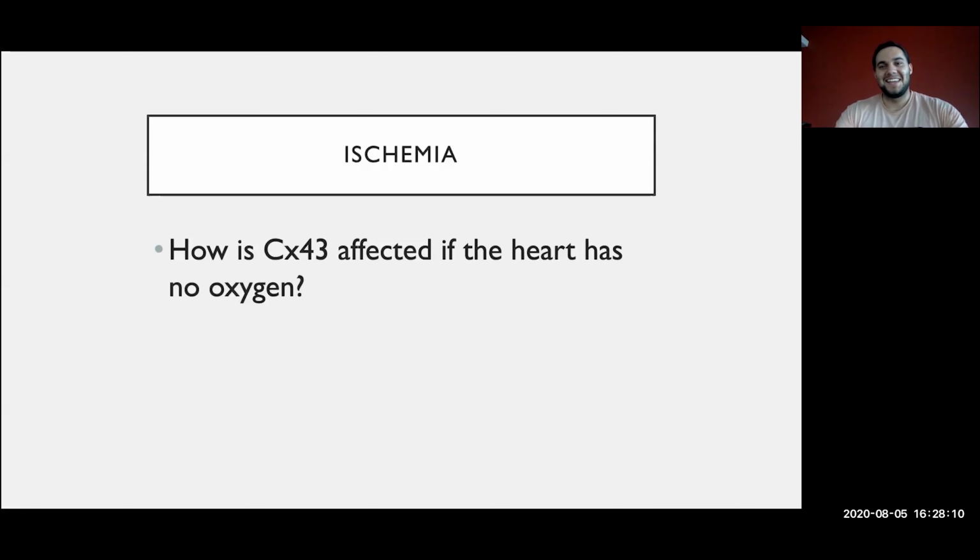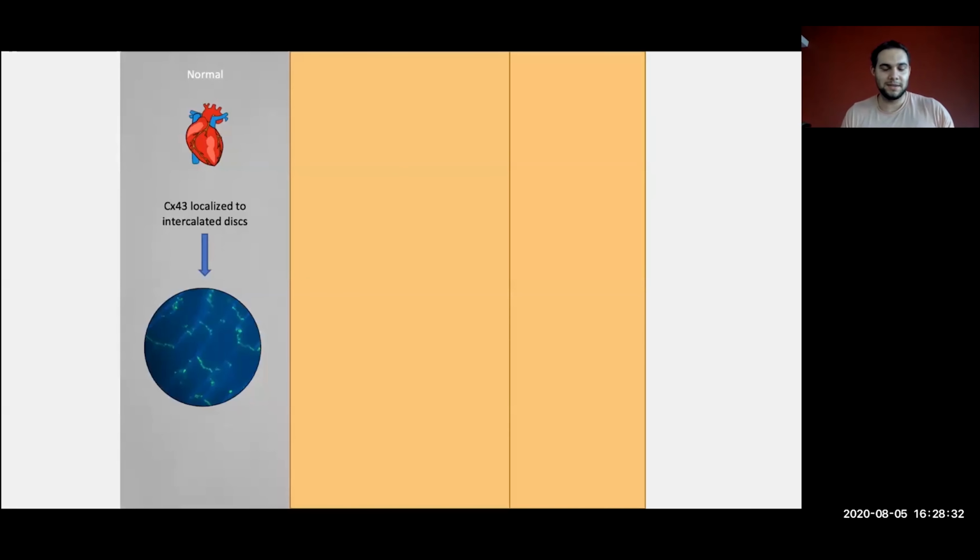So anyway, I study this in kind of an ischemic model, which means, well, basically what I'm trying to explain here is how is connexin 43 affected by a lack of oxygen. So ischemia is a lack of blood flow, but from that you have no oxygen. So how is the protein affected by that? To explain that, I have a little